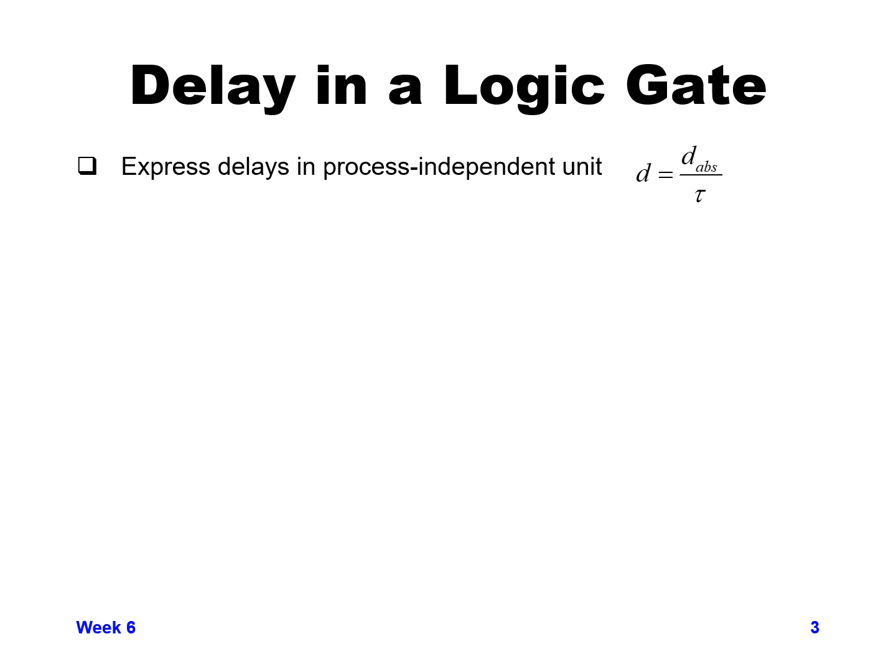So first of all, we're going to express our delays. We want to express our delays as a process independent type unit. So rather than stating our delays in terms of number of picoseconds or nanoseconds or whatever our given process technology allows us to do, we're going to give our delays in terms of a process independent unit. So our delay D, as we're going to be calculating in all of the upcoming slides, is going to be